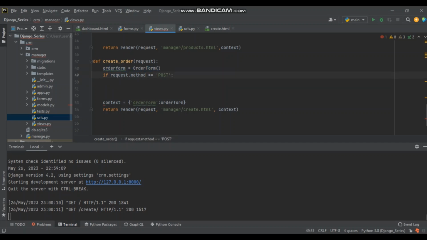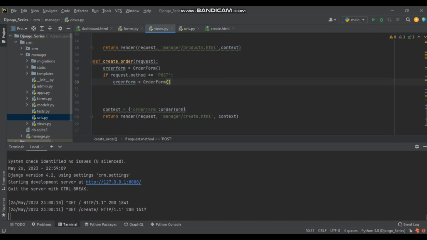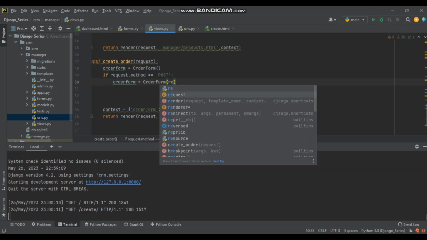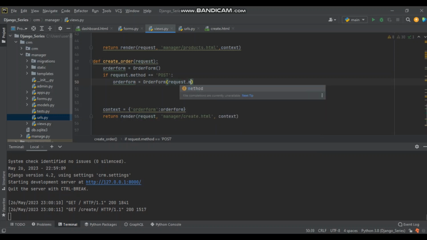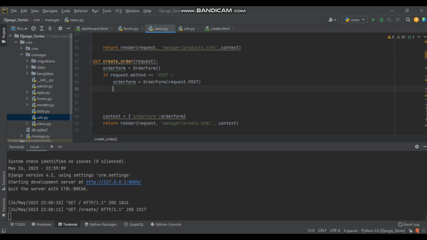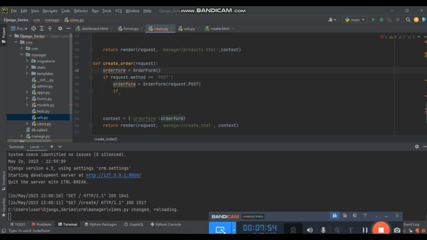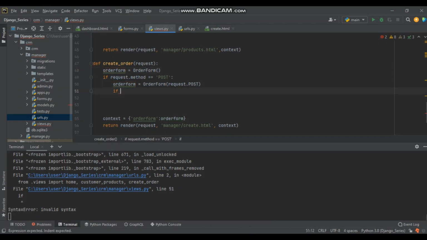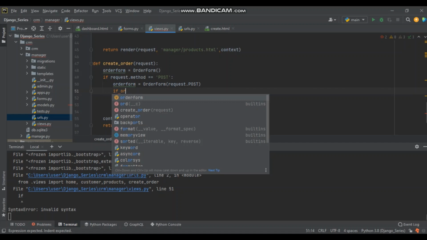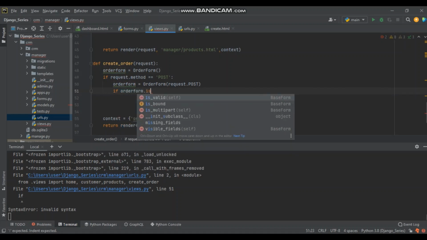If the method is post, and the user inputs that data, we're gonna store it here, actually request.post, and then that data, if I'm gonna put another condition here, if order form is valid,